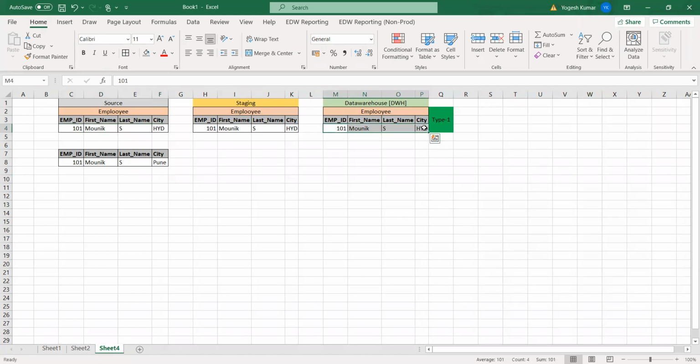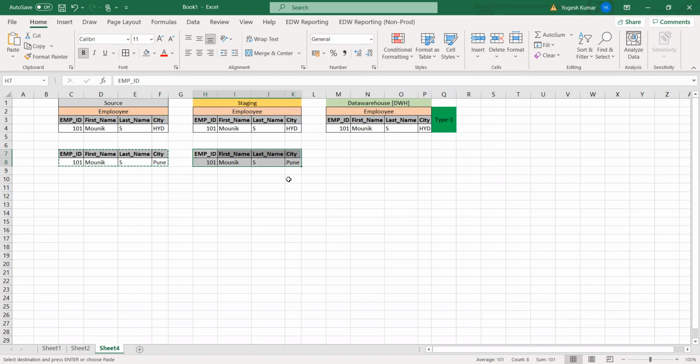Now you have moved from the Hyderabad office to the Pune office. So a new record will come. You will execute the job, and the same data will be loaded into your staging table with the latest city.